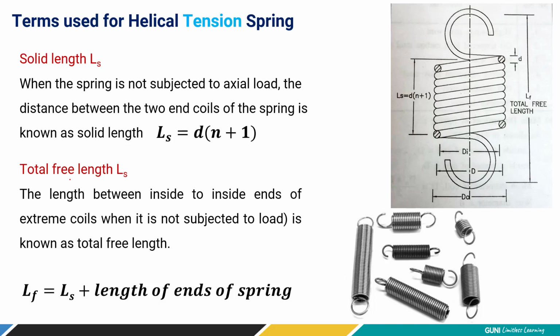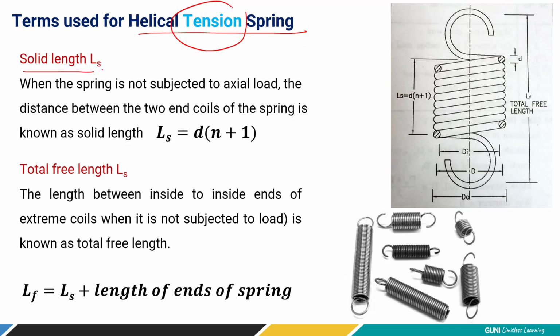Now what are the terms associated with the helical spring? Like the compression spring, we also have terms associated with the helical tension spring. When you say tension, its length is definitely going to increase because of the applied tension load, right? It is used in a bicycle stand, even in the brake of a motorcycle, even your car brake. Wherever you apply it, the pedal goes away, but when you take your leg or hand away, it comes back. That come-back motion is only possible because of the tensile spring, or you can say the tension spring.